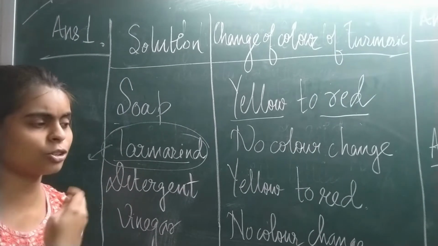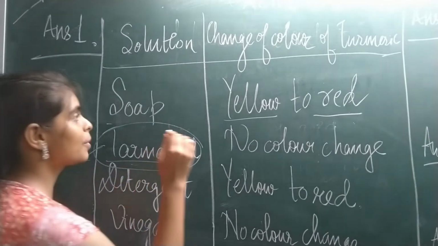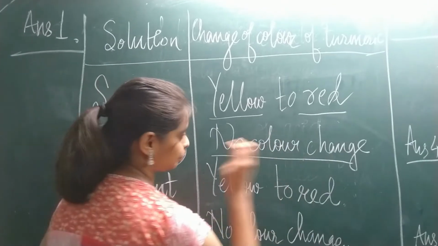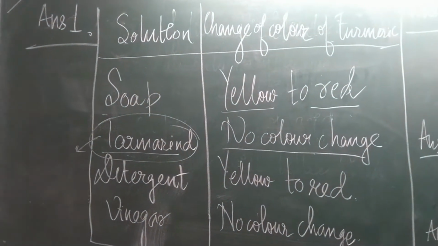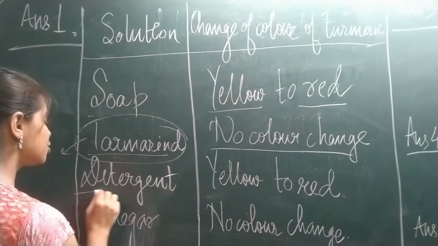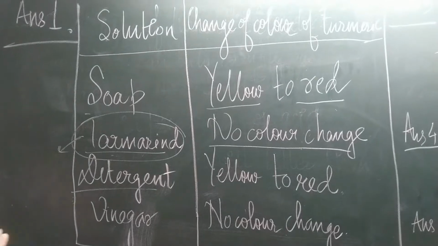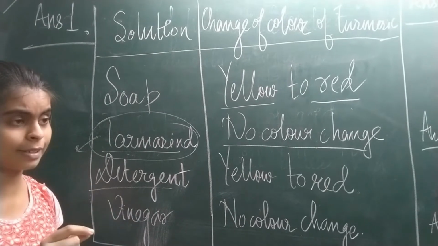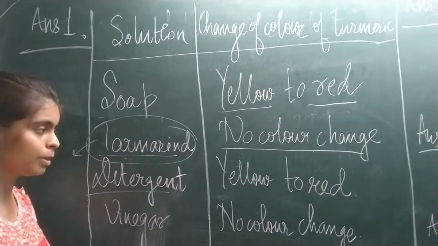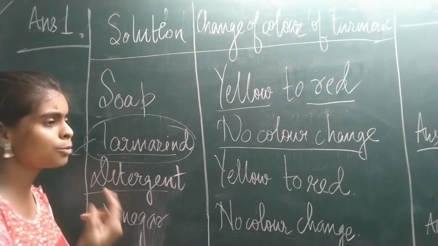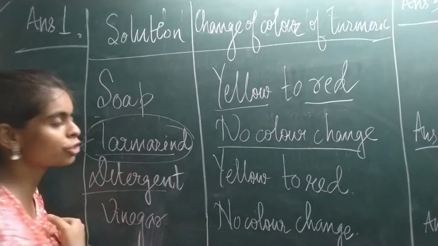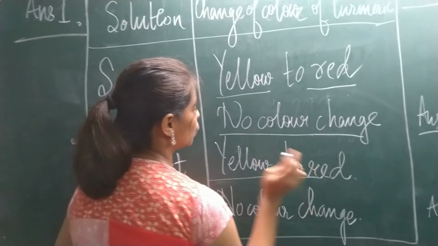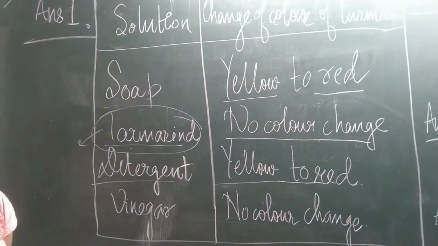It does not show any change in color. So in presence of acid, turmeric will not change color. Now consider detergent. Detergent is also a base. You will feel that whenever we add some water, it is slippery in nature, so we can say that it may contain base. To understand whether it is a base, let's add turmeric solution to it. What will we see? You will see that the turmeric solution changes from yellow to red. So we can say that detergent is a base.